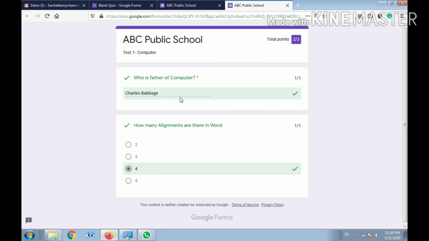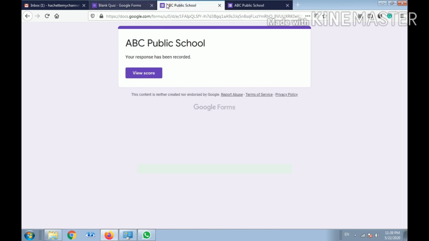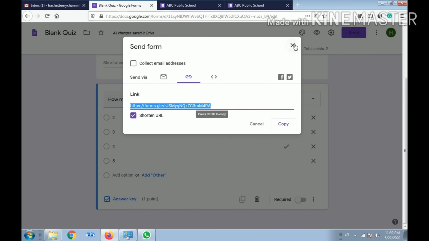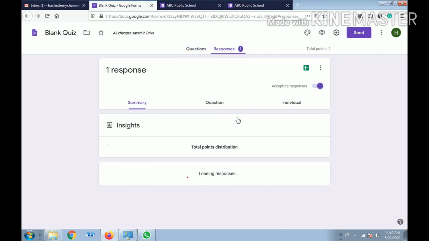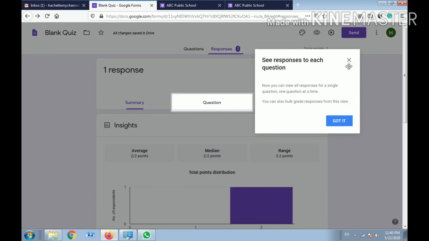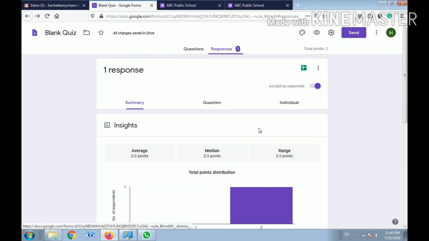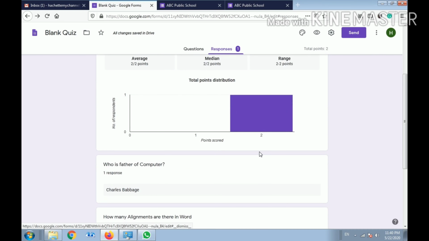Clear. There is no need to keep the record of the students either, because as we have created it online, we already have the option. See, I'll show you one form I have filled only, and here one response is coming. Now click on this response, it will show you the one response. See here, one response it is displaying.